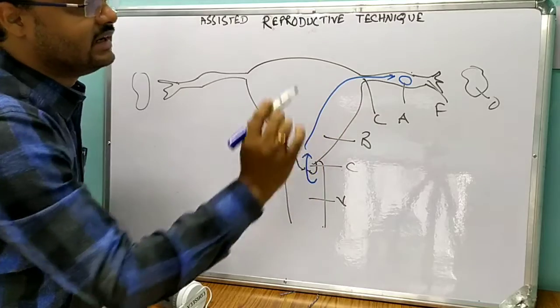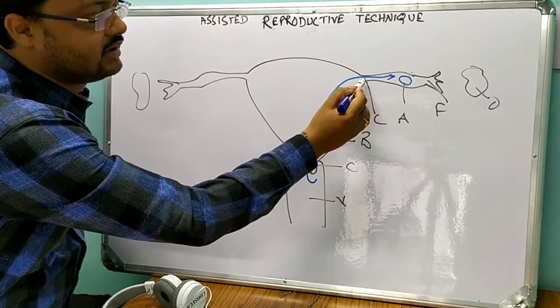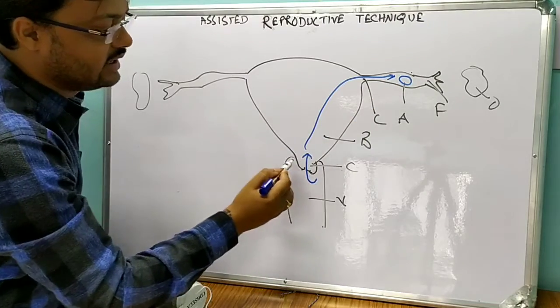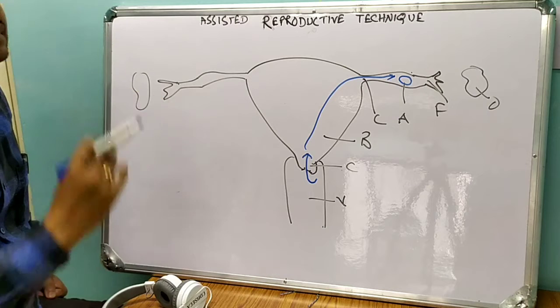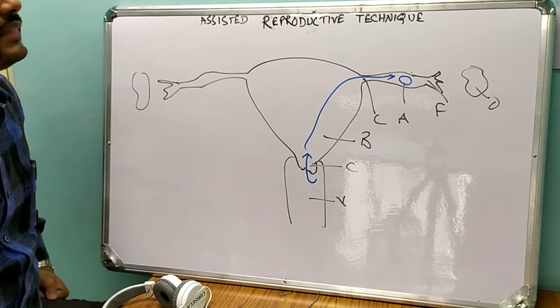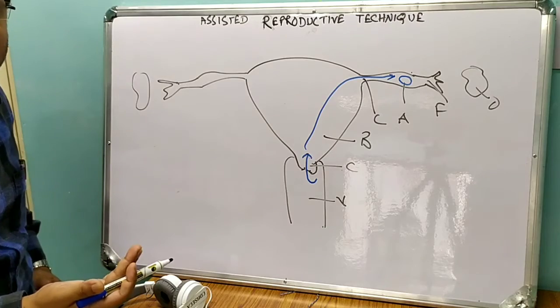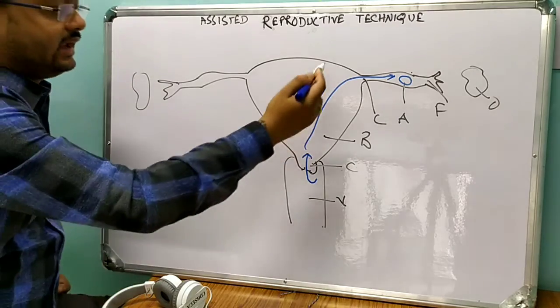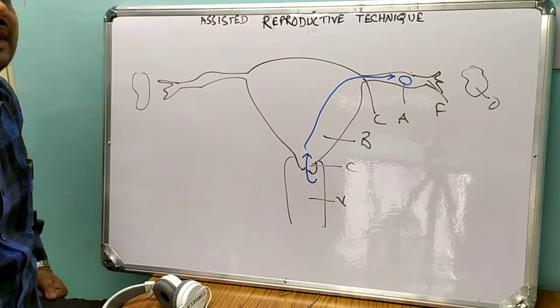Anywhere in this genital tract, there might be some adhesions. Say if there is a block here, or a block here, or a block here, sperm might not be able to reach up to the ampulla. What else? There might be some kind of hormonal defect, so that the endometrial lining, which is very important for viability of the sperm, might not occur.